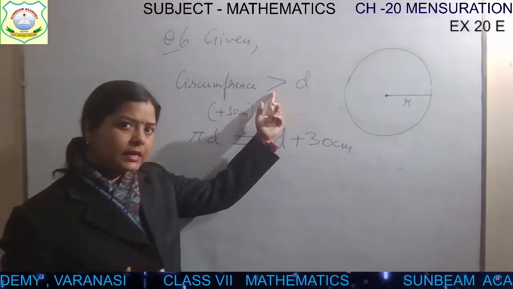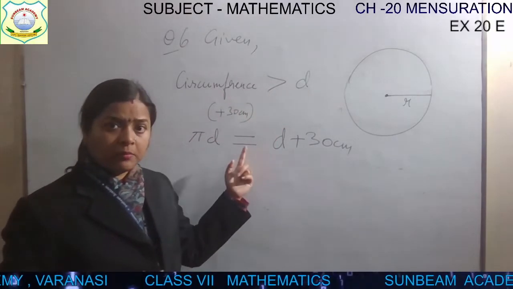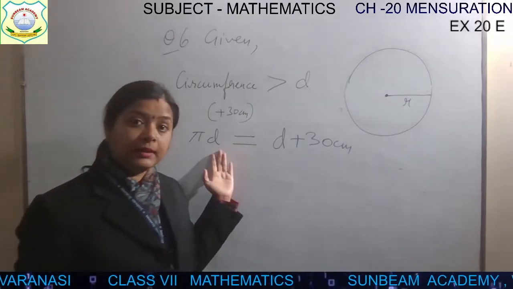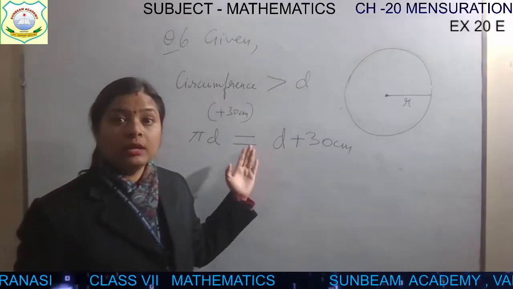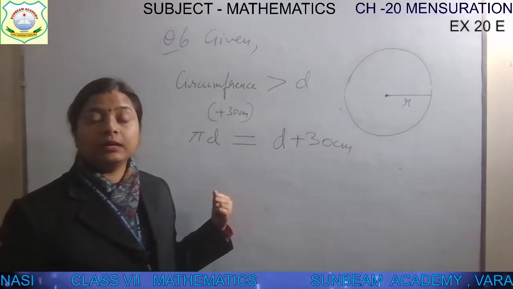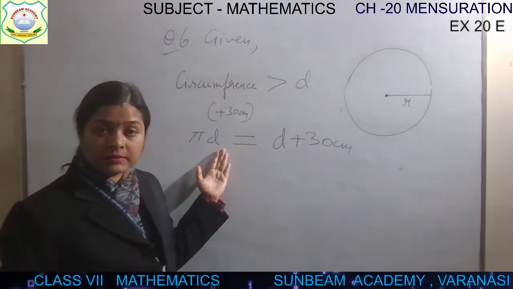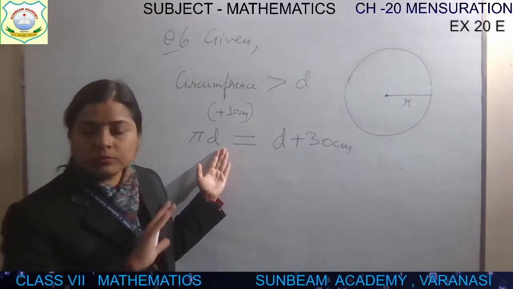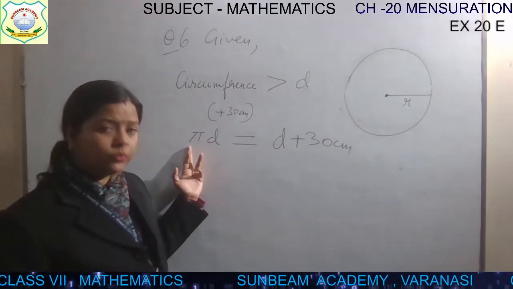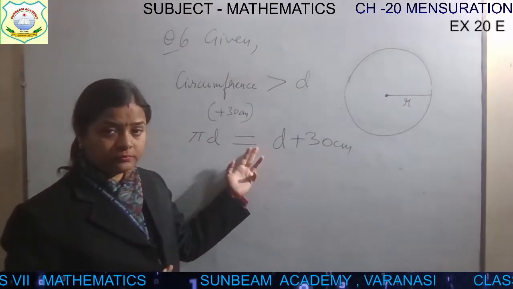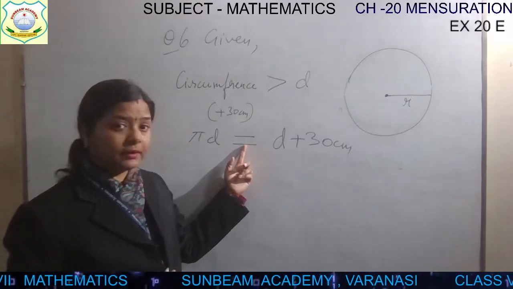By using this sign, I cannot find out the value. By using equality sign, yes, I can find the unknown value. अगर मेरा LHS और RHS बराबर हो जाए, equality sign है तो yes, I can find the unknown value, that is variable value. ठीक है, इसमें वेरिएबल क्या है? व्हाट इज वेरिएबल? D, डायमीटर, उसकी वैल्यू हमको नहीं पता. पाई वैल्यू आई नो, दैट इज 22/7. डायमीटर आई डोंट नो. सो यस, आई कैन फाइंड द डायमीटर बाय मेकिंग इट इक्वल.